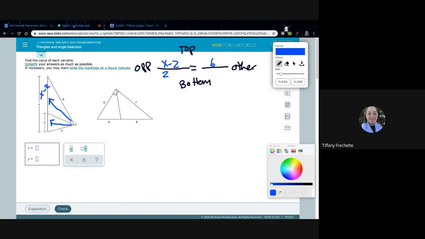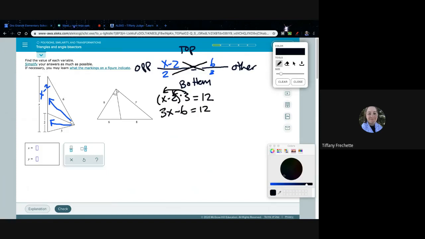And then bottom other. So I'm on the bottom triangle, and my other length is 3. All right, so let's cross and multiply here, and we get, remember, it's not 3 times just one of these. It's x minus 2 times 3. So I'm going to distribute on this one. And then 6 times 2, we get 12. All right, so now I'm going to distribute, and I get 3 times x minus 3 times 2, which is